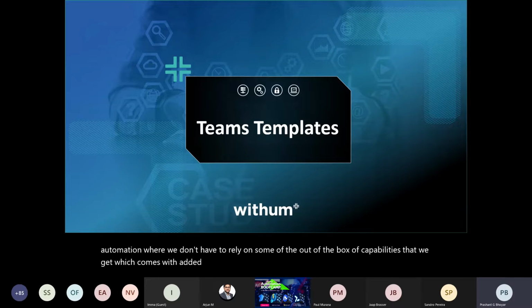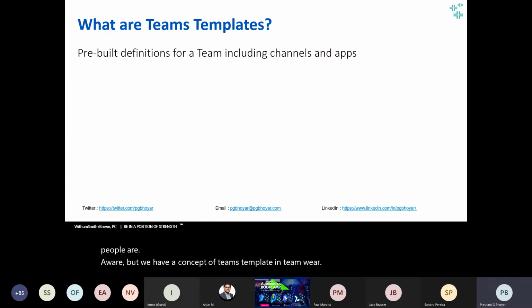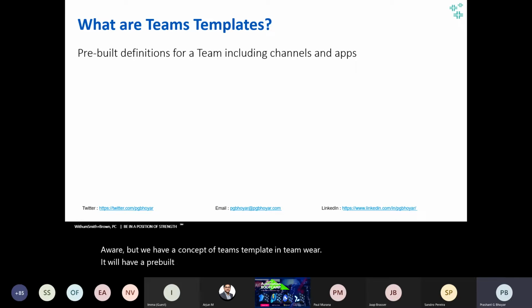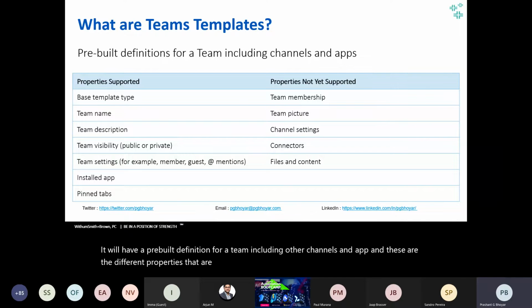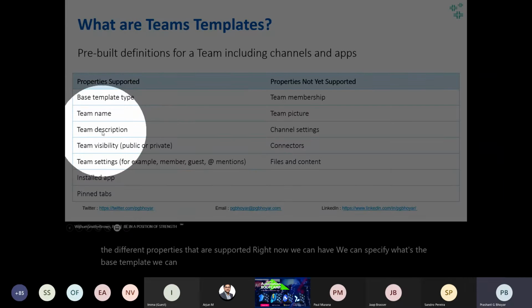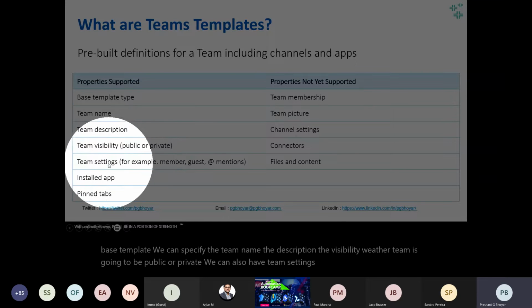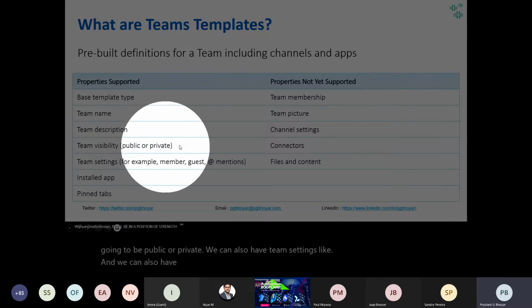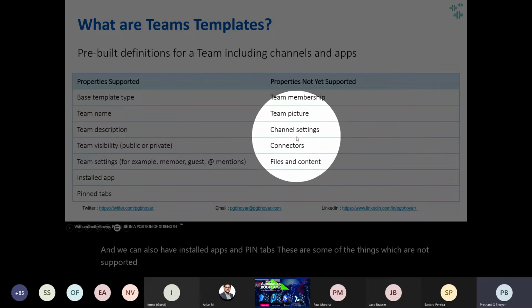Now, Teams template, not many people are aware, but we have a concept of Teams template in Teams, where you'll have a pre-built definition for a team, including the channels and apps. And these are the different properties that are supported right now. We can specify what's the base template. We can specify the team name, the description, the visibility, whether the team is going to be public or private. We can also have team settings, and we can also have installed apps and pinned tabs. These are some of the things which are not supported yet,